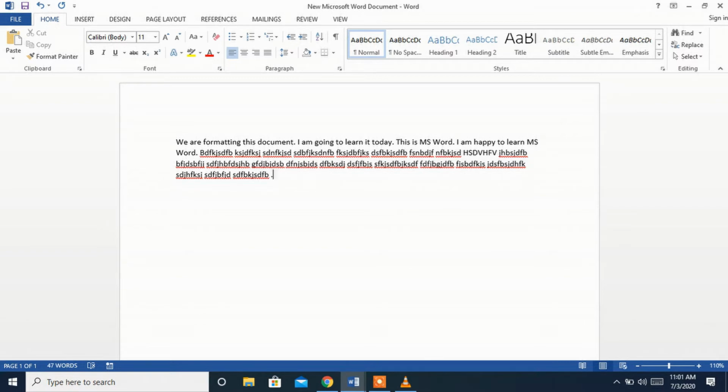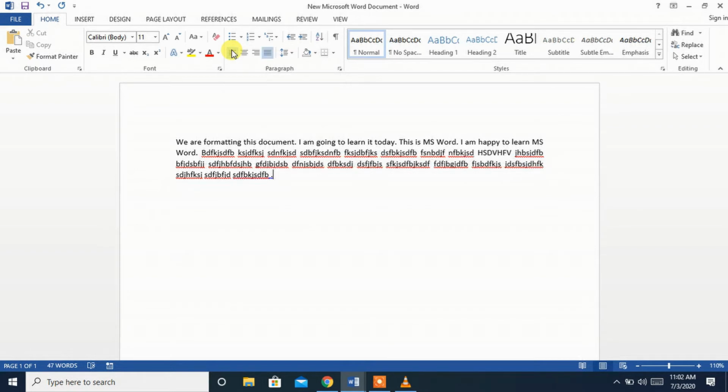Automatically whatever you type will be coming in the left because you can see here 4 alignment options available. Left alignment will be the automatically selected one.